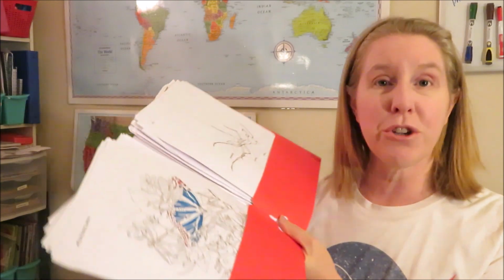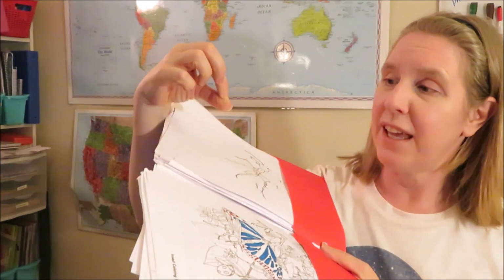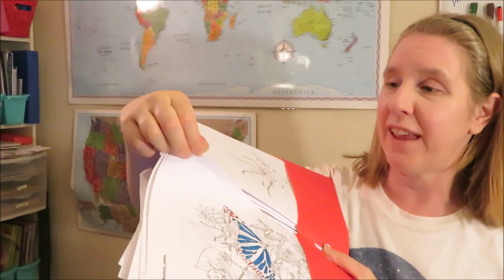So, on to my science notebooks. Let me share with you what we used last year. All last school year, I kept saying, I'm going to buy notebooks, I'm going to buy notebooks, I'm going to buy notebooks. And all my kids had to cram all their papers in these little binders, these little folders. Okay, it's just sad and pitiful that I had to make them do that. And when you cram these full, what happens? It gets all folded over, and the edges are all creased now, and it's not as much fun,